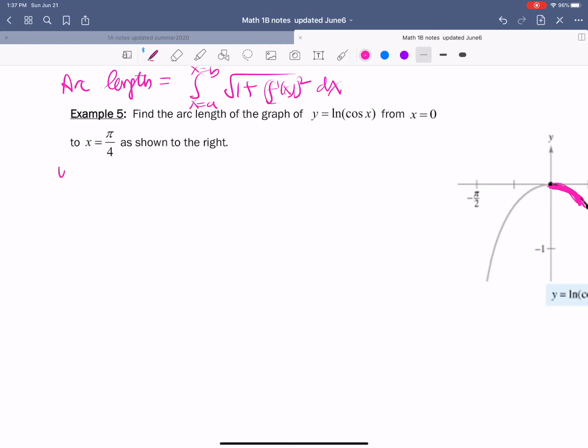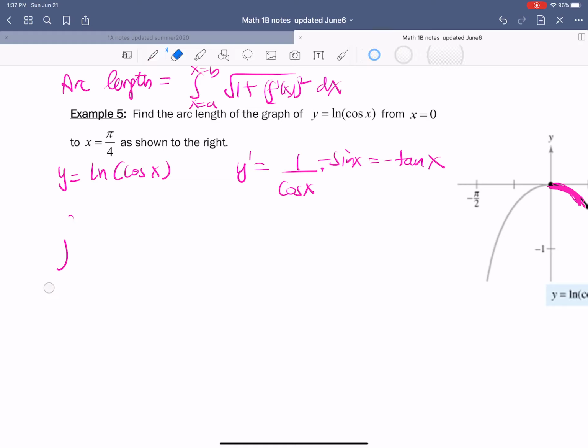Okay, so we're given y is equal to natural log of cosine x. y prime would be 1 over cosine x times the derivative of cosine x, which is negative sine x. So y prime is going to turn out to be negative tangent x. So when I plug the values into the formula for the arc length, I'm going to say arc length